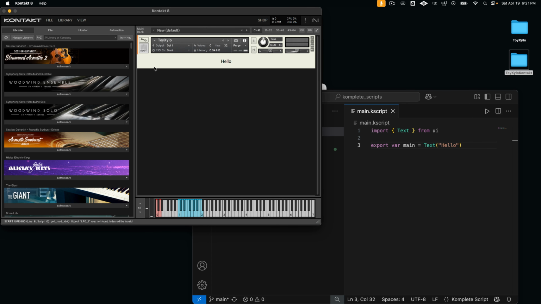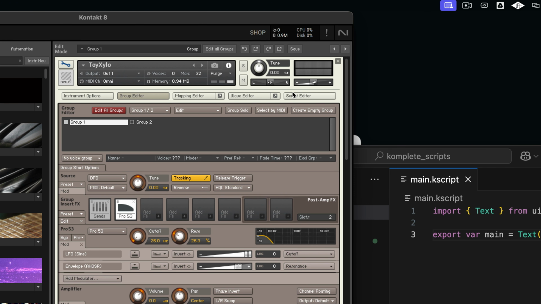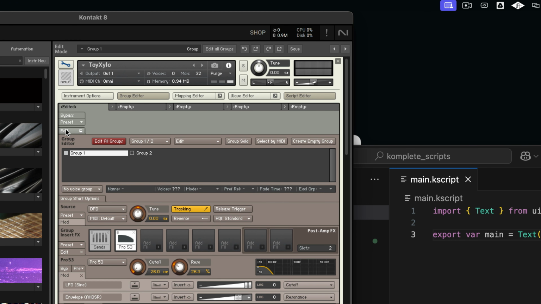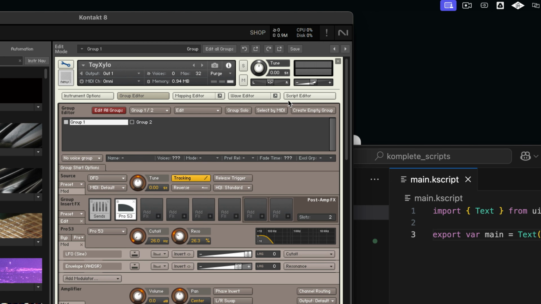The first step to scripting with KSP is opening the script editor in Kontakt. The script editor is the last tab in the instrument editor. Let's open that up. Press the Edit button to open up the text editor within the script editor. As with Komplete UI, you can use an external text editor to write your scripts, but I want to keep this tutorial simple, so we'll just be writing our script right here in Kontakt and referencing the KSP manual from the NI website. If we close out the script editor and go back to our instrument,